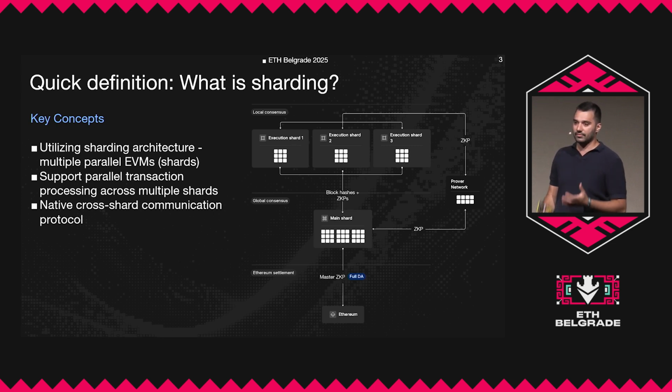In Uniswap, we have different pools, and these pools are trading pools between two tokens. If you check on Dune, you can see that there are a couple of these pools which are highly used. You have many transactions transferring these tokens. In this sharded architecture, we can basically take these pools and spread them across multiple shards.